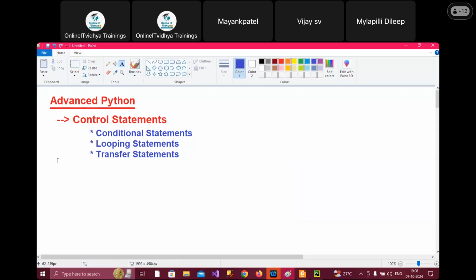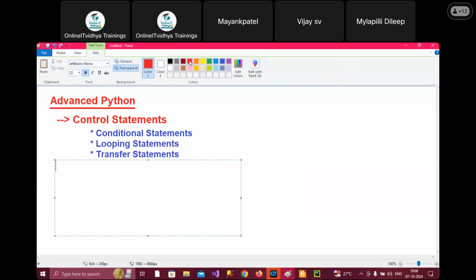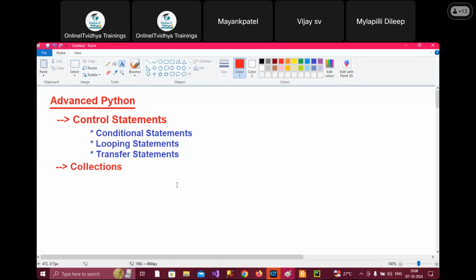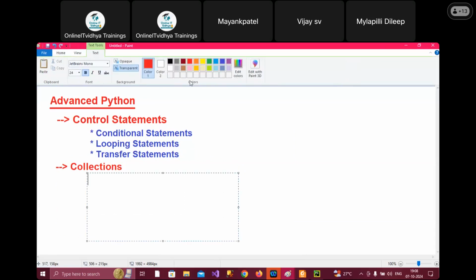Once it is done, we are going to discuss a concept called collections. In control statements, we worked on a single value, guys. But in real time, it is not only a single value. A group of values may occur. To perform operations on a group of values, let's go for the collections concept. As part of the collections, we are going to get the list concept, and then